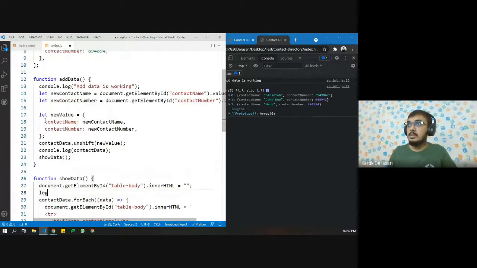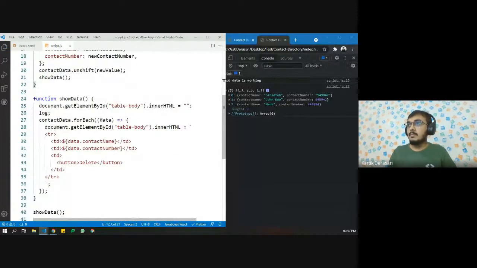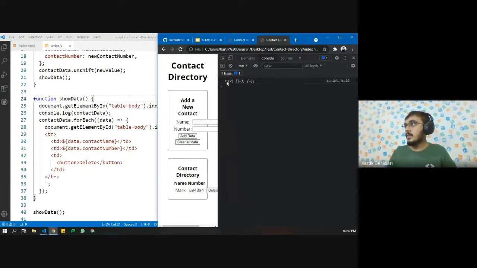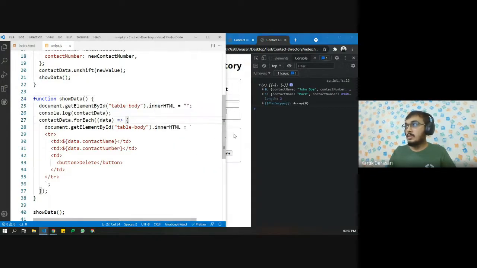Let us remove this log because this is working, and inside log let us see contact data. Great, here we are having two values. So why is it not working? Contact name, contact number.